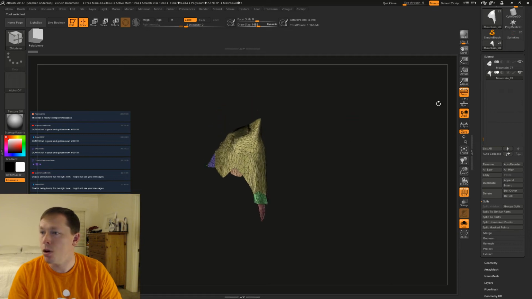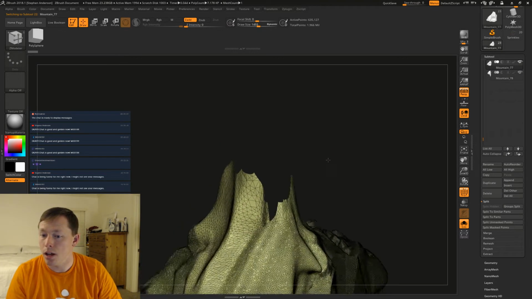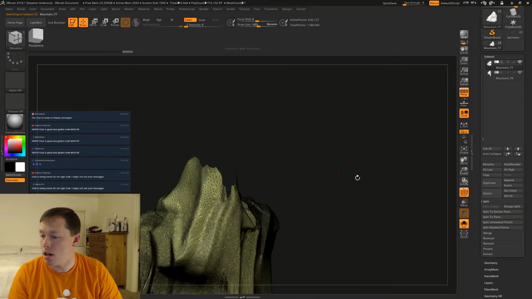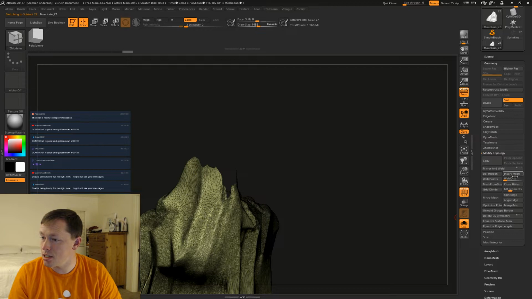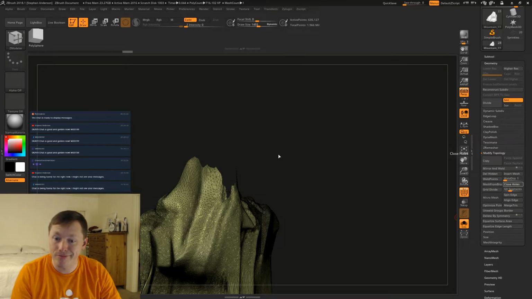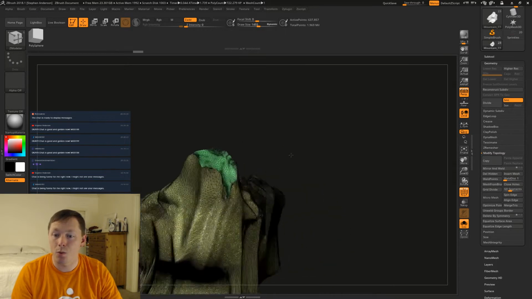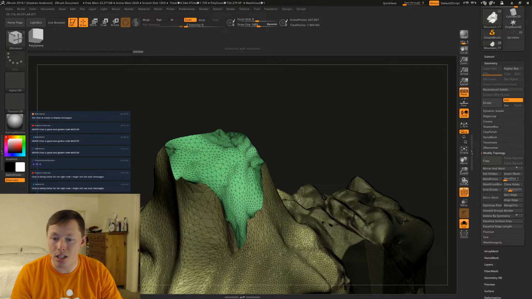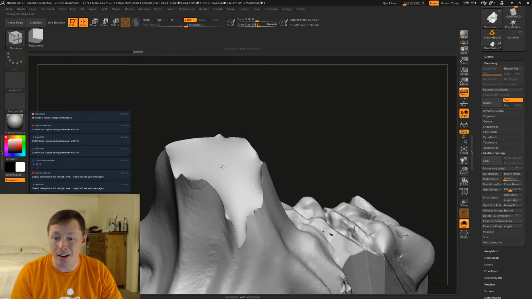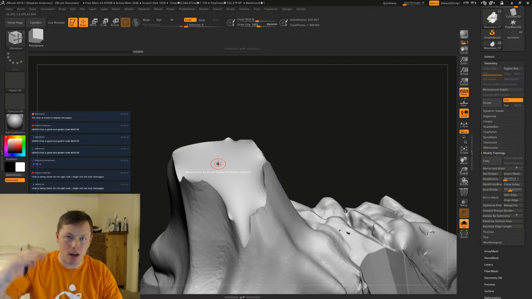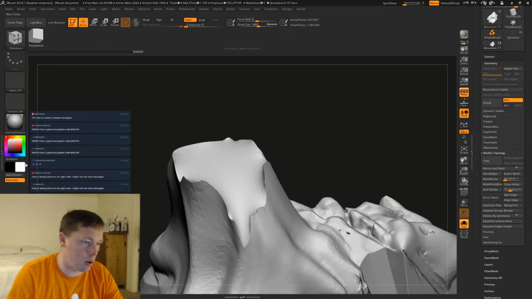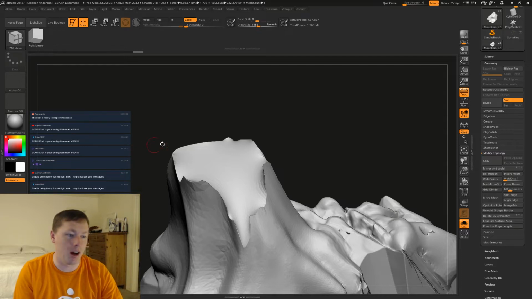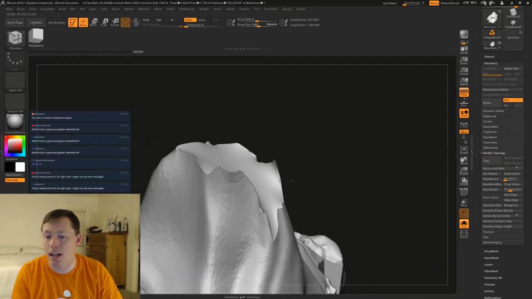I don't need it anymore. Okay, so I need this, and I'm just going to say modify topology, close holes. And there we go. Now we have this piece, and we're just going to call this done for now. At some point we'll come in here and sculpt it out so that it looks like it's had chocolate broken out of it or whatever. But for now, this is what it's going to look like.